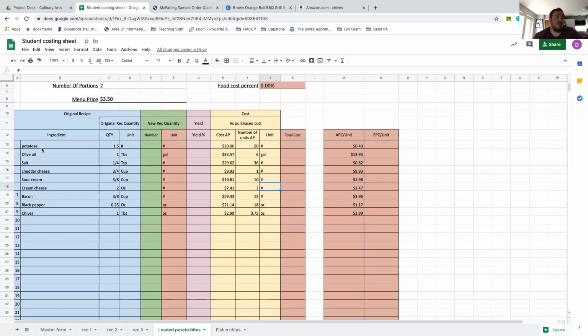Like the first one, potatoes. The recipe calls for 1.5 pounds of potatoes. We buy them by the pound. So our new recipe quantity does not change. It says 1.5 pounds of potatoes, all right? Next one's trickier. The recipe calls for 1 tablespoon of olive oil. We sell it by the gallon, so we need to convert 1 tablespoon to gallons,